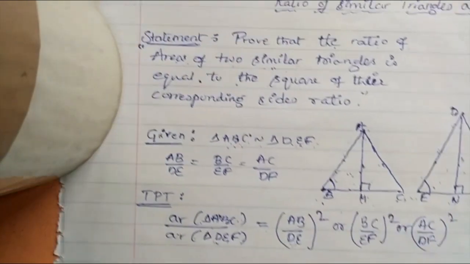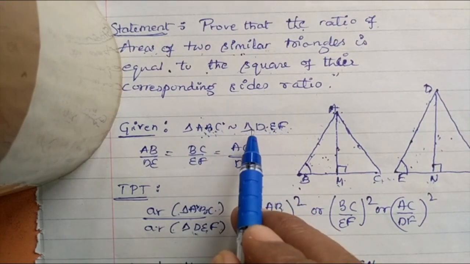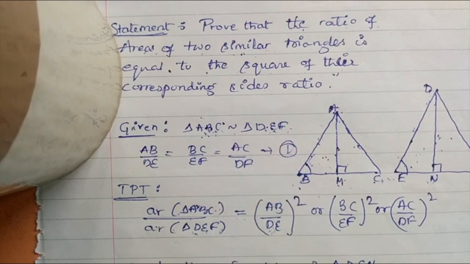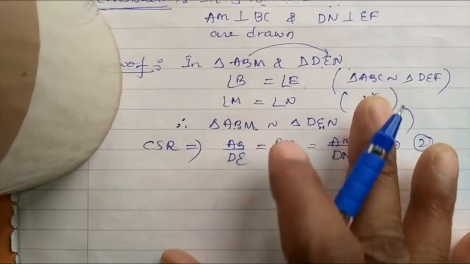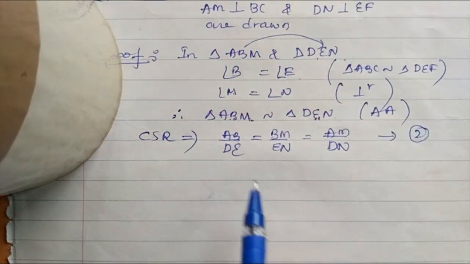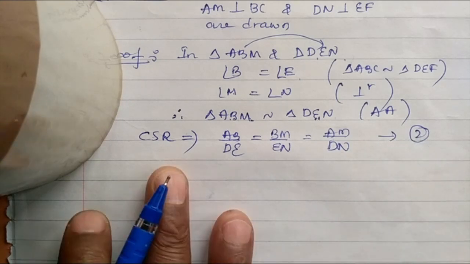Already we wrote here that the bigger triangles are similar, as given. We did not have to prove whether these two are similar or not. It is already given, so straight away we wrote the ratio for the bigger triangles, equation 1. Now the two smaller triangles are similar; we proved it by the AA criterion. So their ratios are as written here, equation 2.